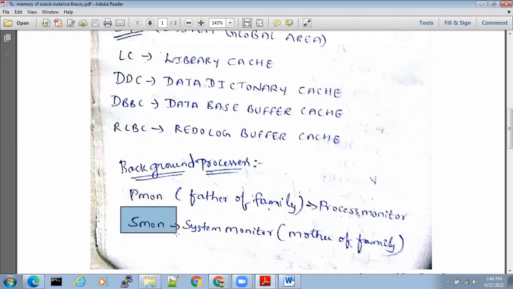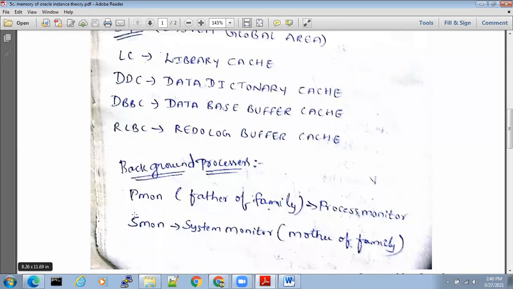Next, SMON is like system monitor. It's like the mother of a family. I'm relating it to the mother of a family. Again I tell you, in an interview, when asked what is SMON, don't say mother of a family. This is just for your understanding. When you feel hungry, obviously you'll go and ask your mom to feed you some food, right?